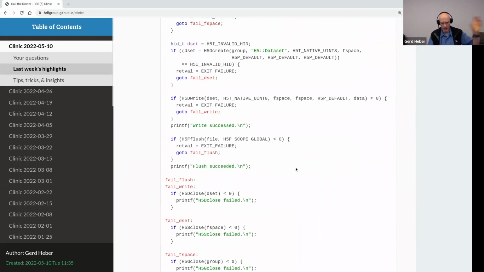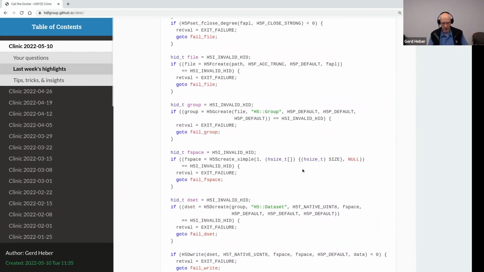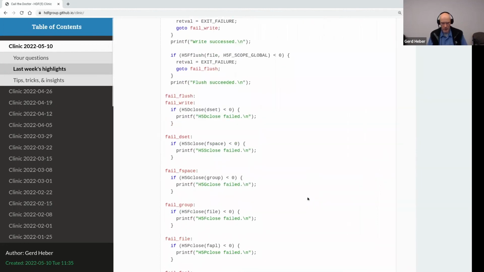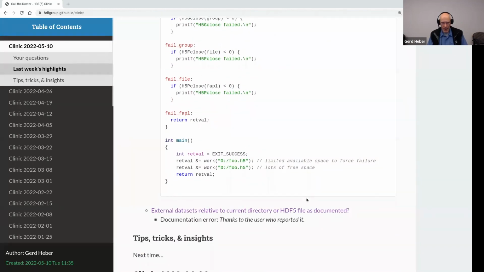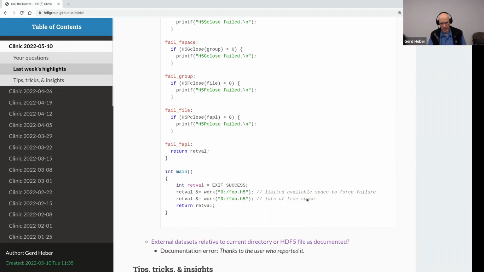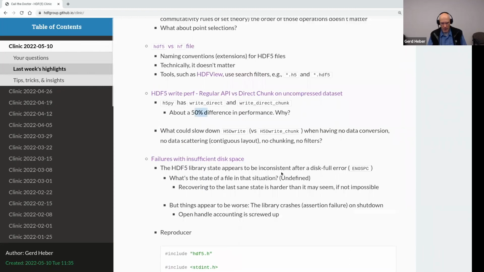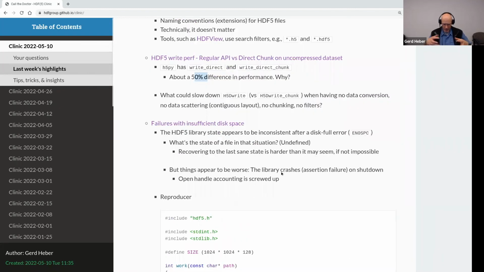The user originally provided a C++ example, but then we stripped it down to C, and we can also reproduce it in C. And now it's only a question, was it there in 110 already, or is this something that we introduced with the vol layer, for example? But at the heart of this is really how the library keeps track of open handles and so forth. And definitely in 112, it seems to get confused if, as a result of a disk full type error, a write doesn't succeed,